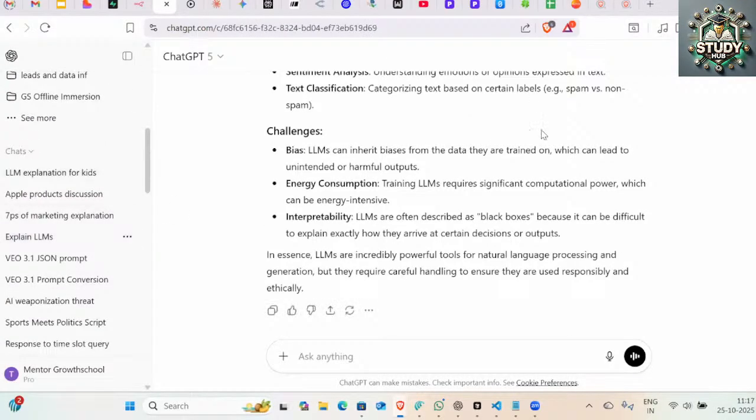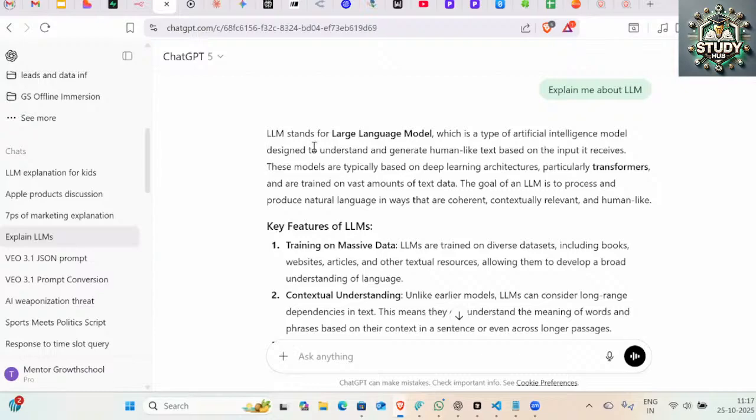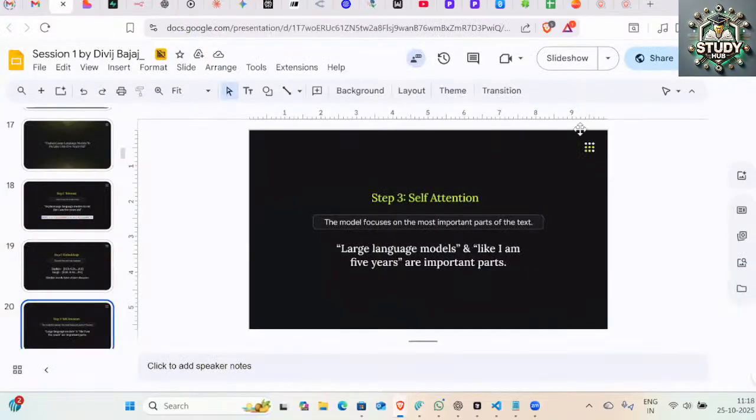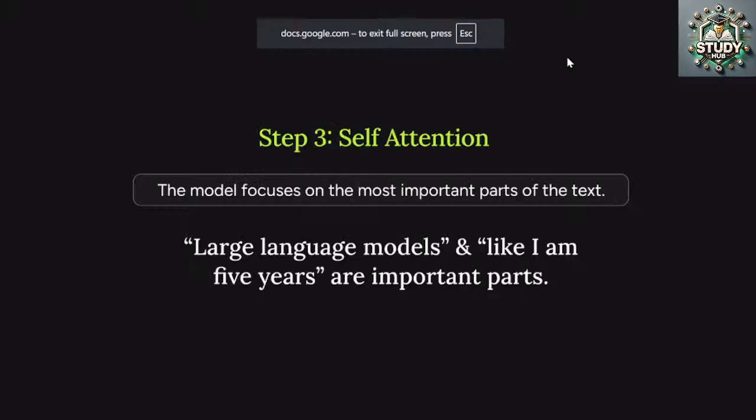Explain me about LLM. If I go and tell this to a 5 year old kid, he will scratch his head, right? That's what you are telling me about the LLM. So, as self attention matters, it will decide which words or which input I need to focus on, right? And that is what we call self attention. This is the last step that happens on the input side, right? The model focuses on the most important part of my text, right?